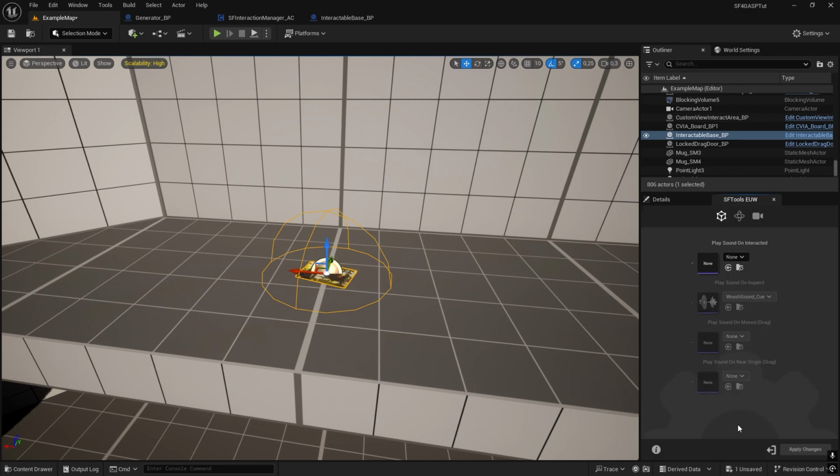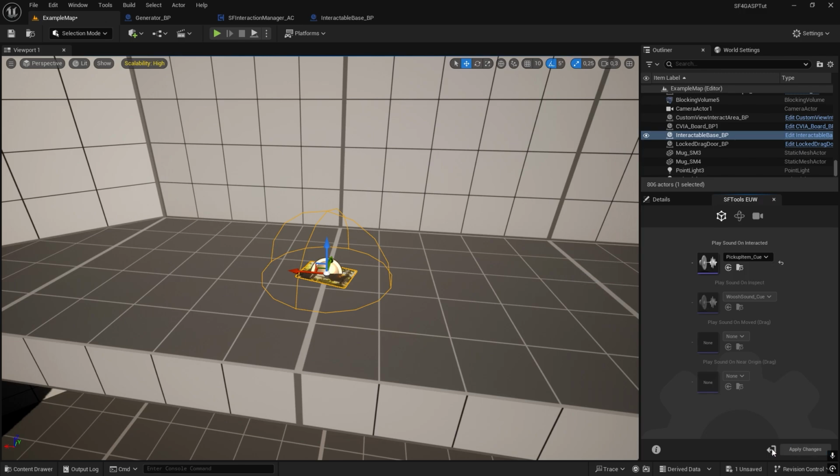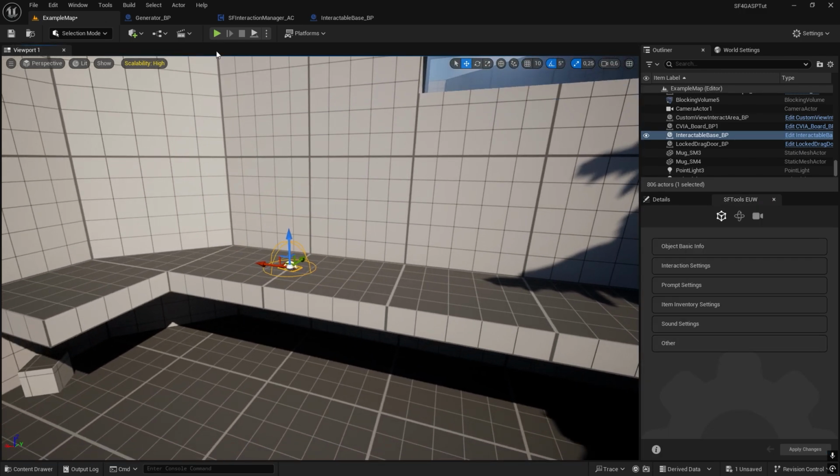Here we can define different sounds depending on our interaction method. Since we're using quick pickup, we can play a sound on interacted. I believe there is a pickup example sound that we can use. Hit apply changes and back again. Now if we go ahead and hit play and test this out,